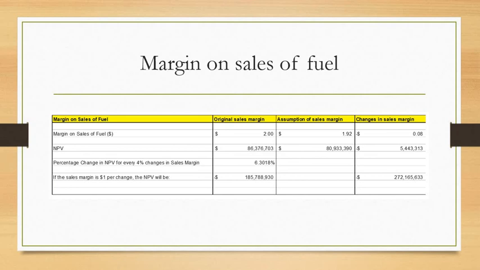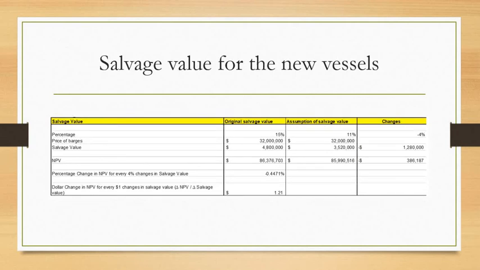In this case, we can determine the sensitivity of NPV if the sales margin changes by every $1. Then the NPV will also change by negative 185,799,930. When the assumption of salvage value is 11%, then the NPV will be at